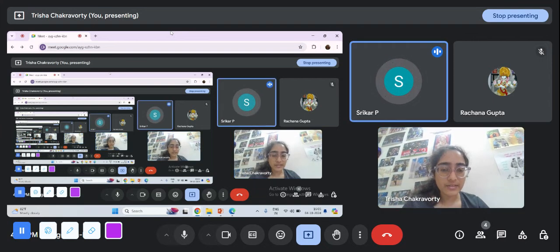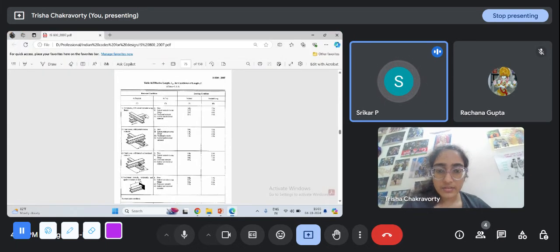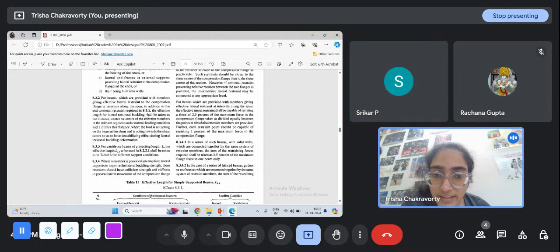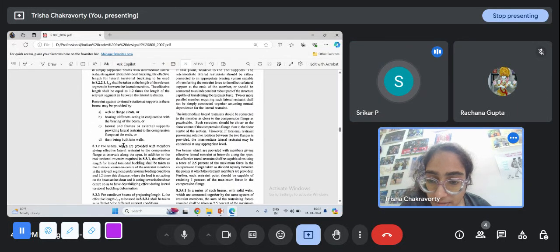Ma'am, even if you go to the site, it has to be theoretically written somewhere in the code. Unless this is written, how can they decide even on their experience? Okay, let's see then. Is there anything mentioned in the code? There should be some theoretical basis.